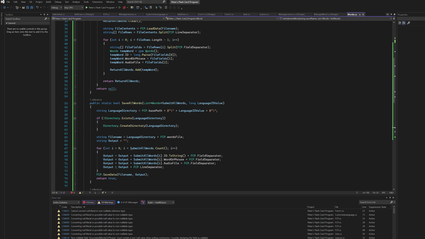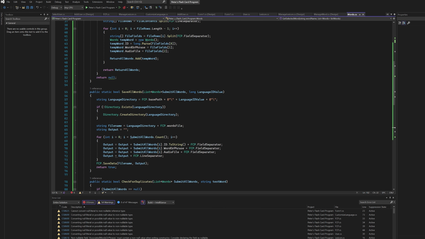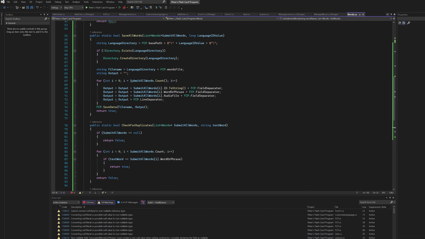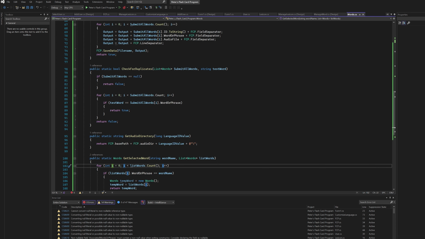Save all words is the same concept, but again, we're saving instead of loading it. And it's taking in the language ID value, which will be part of the directory path as well. So all of the same concepts are included, but this is just a different place for it. I moved in the check for duplicates here, so you can submit a list of words with a test word